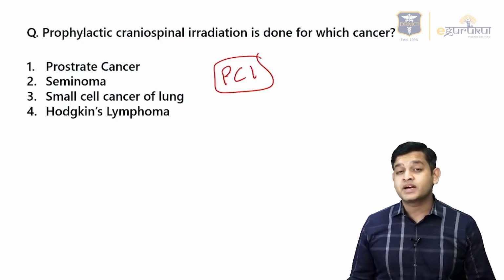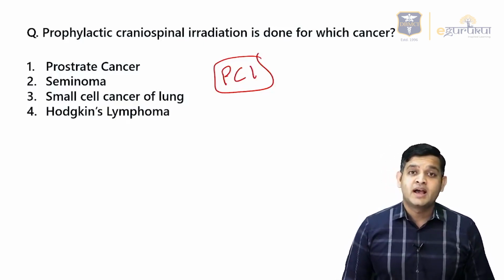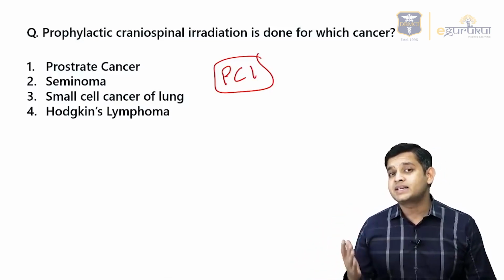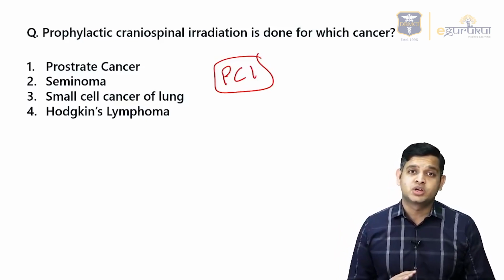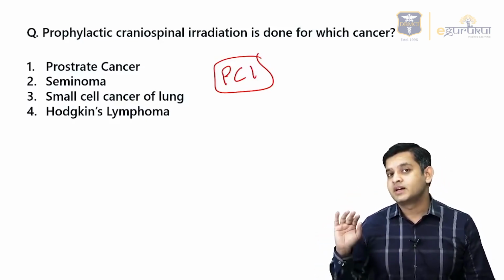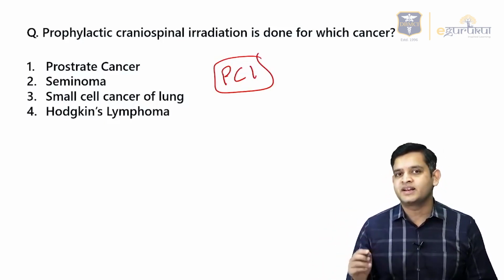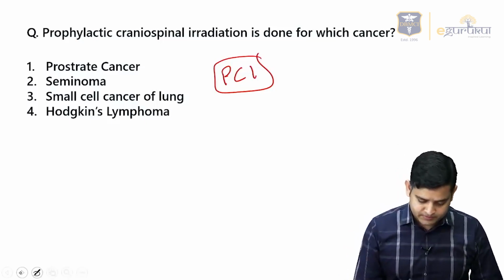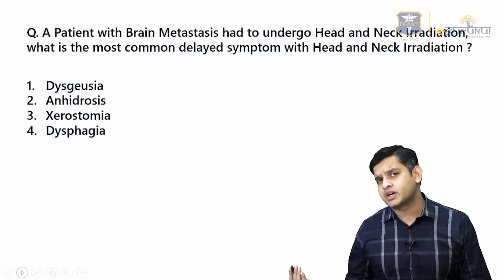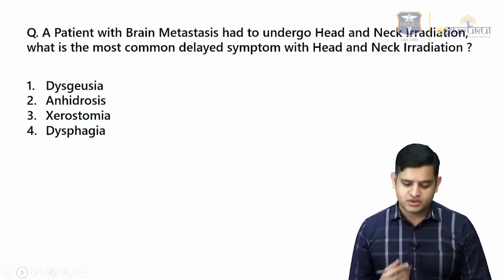The most common site of metastasis from small cell cancer of the lung is considered to be the brain, and the book says that even if you don't see metastasis in the brain, by the time small cell cancer has been diagnosed, please remember it has metastasized to the brain. So it is part of the treatment protocol that prophylactic cranial irradiation should be done. Non-Hodgkin lymphoma also has an indication for PCI, but not Hodgkin's lymphoma.